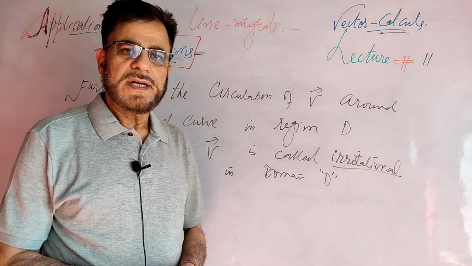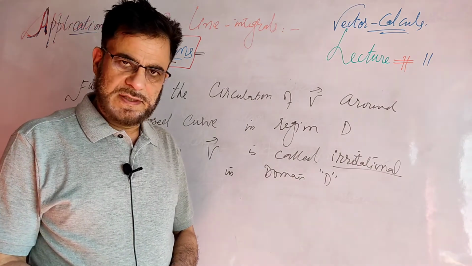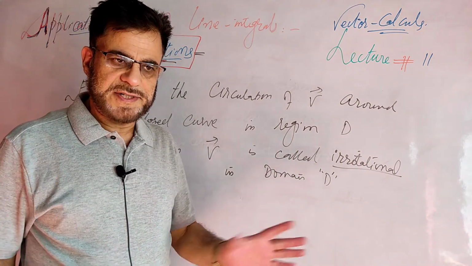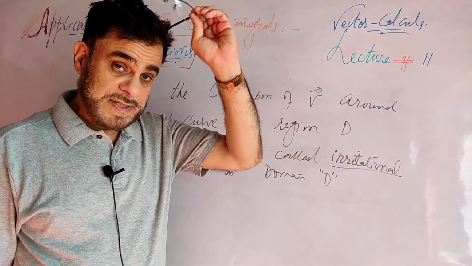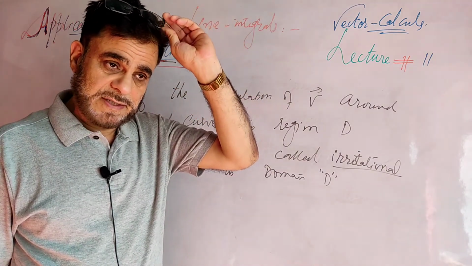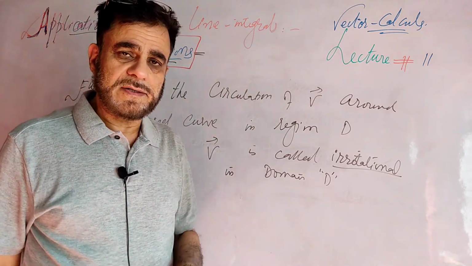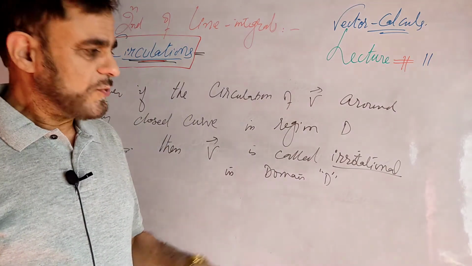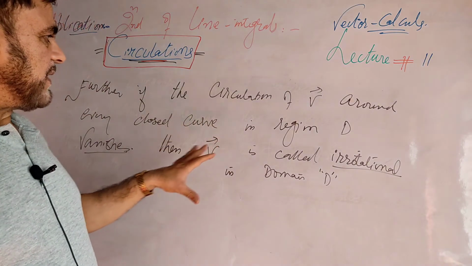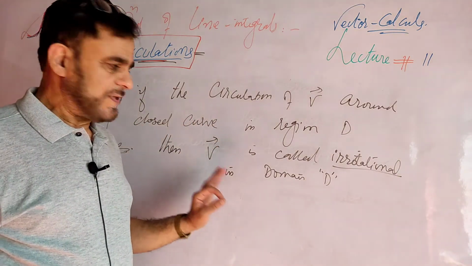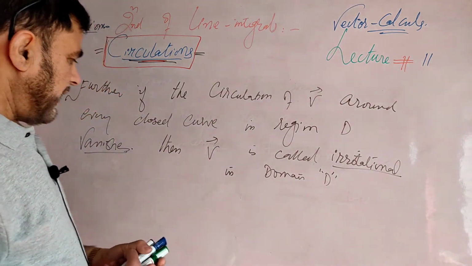irrotationality of any vector point function. If you remember, in our previous lectures we mentioned that if the divergence of any vector vanishes, that vector is called solenoidal. If the curl of any vector vanishes, the vector is called irrotational. So you have one more test for irrotationality of a vector. It is this: if the circulation of any vector along a curve vanishes, then we say the vector will be irrotational. Thus we say,